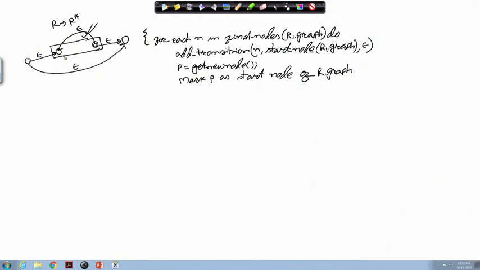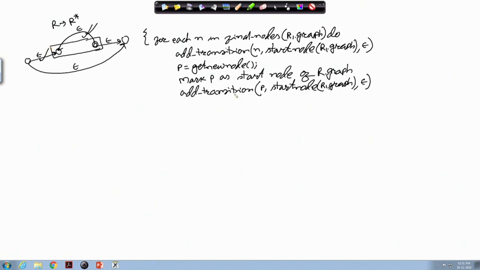Now, I have to add the epsilon transition from this node P to the start node of R1. So, we say add transition P comma start node of R1 dot graph and the label being epsilon. So, this transition has been added now.